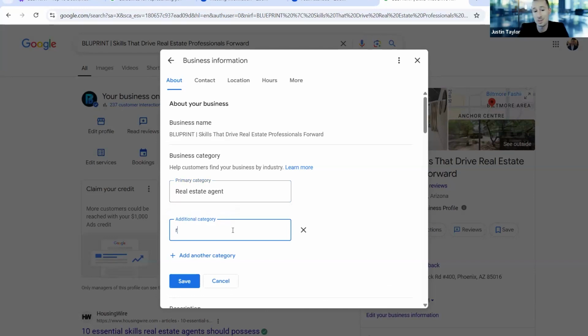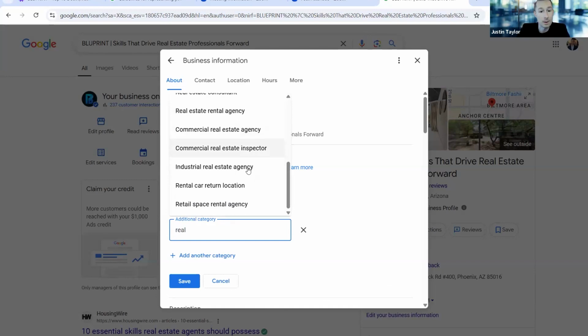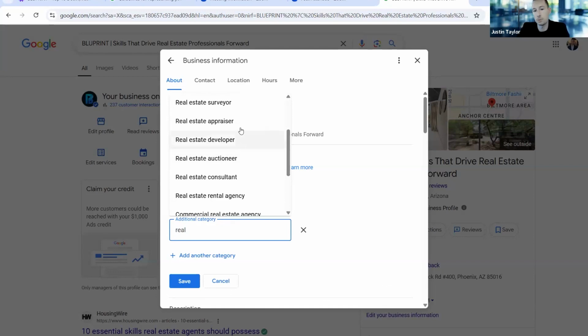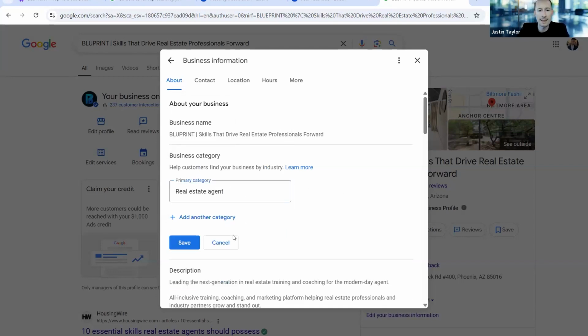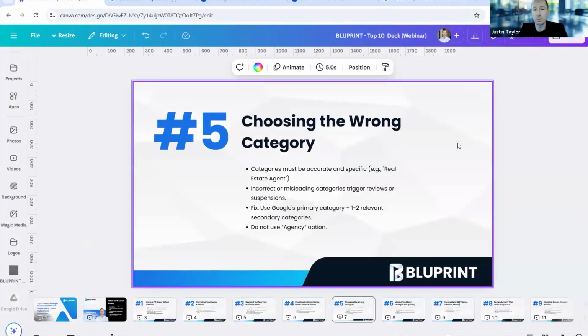I would probably just do consultant because honestly, there's nothing else in here that I would see that would be relevant unless you are a school, unless you do have your own brokerage in there. So again, you want to make sure that that category is accurate and that the real estate agent is the first one.